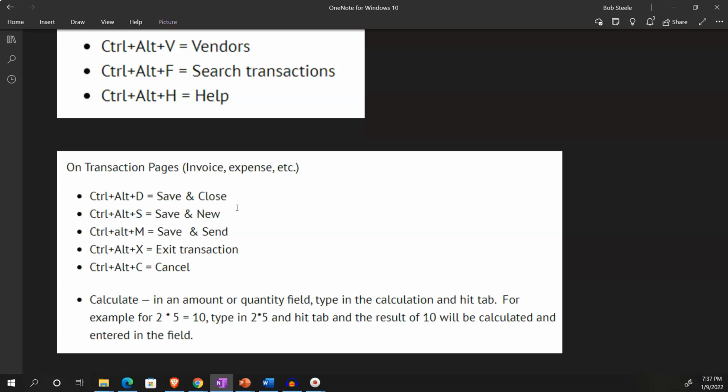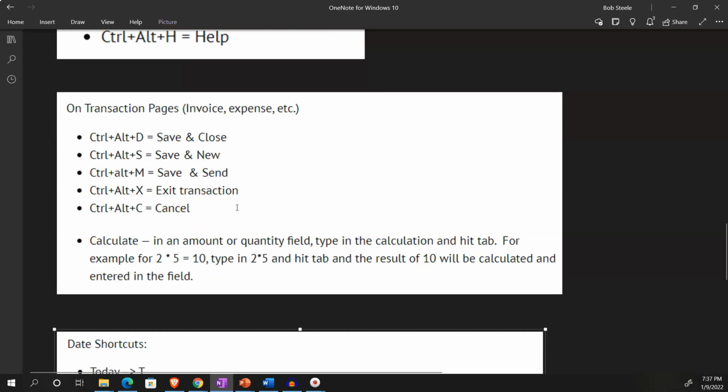So they're not something I've really learned. But I mean, if you're doing these all the time, then that could save you time. And then Ctrl Alt M, save and send, and then Ctrl Alt X, exit the transaction, Ctrl Alt Cancel, or